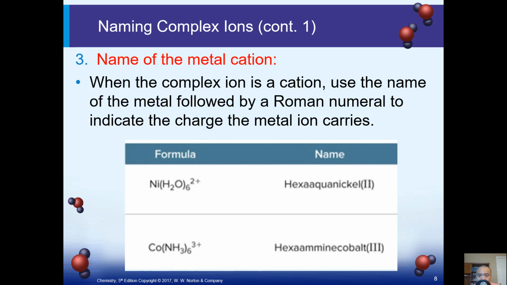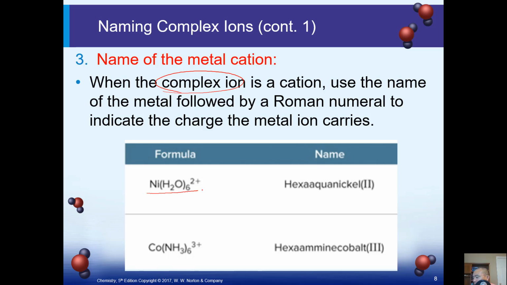After identifying the name and the number of each ligand, we identify the central metal ion. And we make sure if the complex ion is a cation, then we use the name of the metal followed by a Roman numeral in the parentheses to indicate the charge of the metal ion it carries. So let's look at the example below. For example,